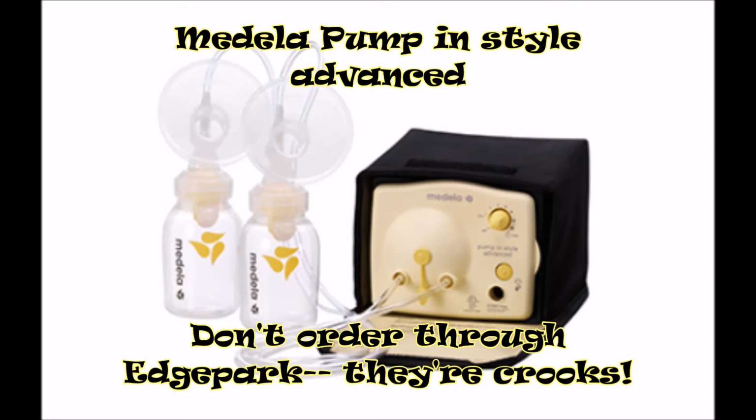I started to pump as soon as I realized that my milk was actually coming in. So after I would nurse Nia, then I would pump, and I barely got like half an ounce sometimes. So it starts off really, really slowly, but just stay encouraged, because it's gonna come. I have the Medela Advance